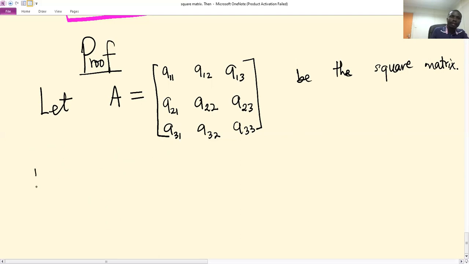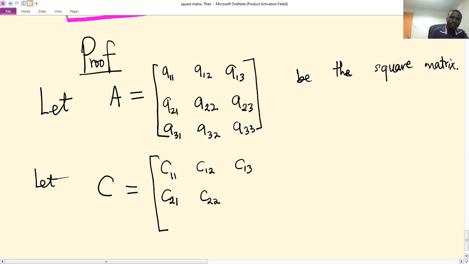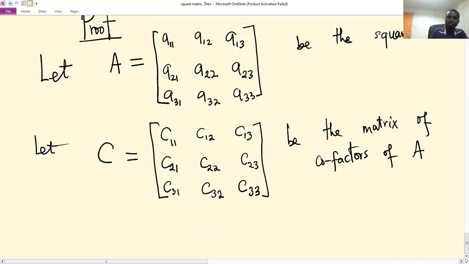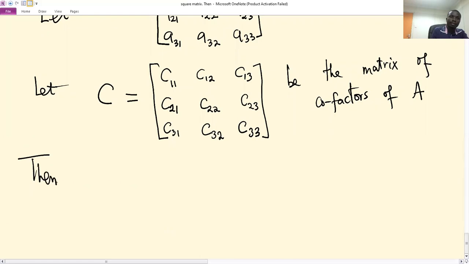Then let matrix C, given by C11, C12, C13, C21, C22, C23, C31, C32, and C33, be the matrix of cofactors of A. Then, by definition, adjoint of A is the same as C transpose, which is the same as